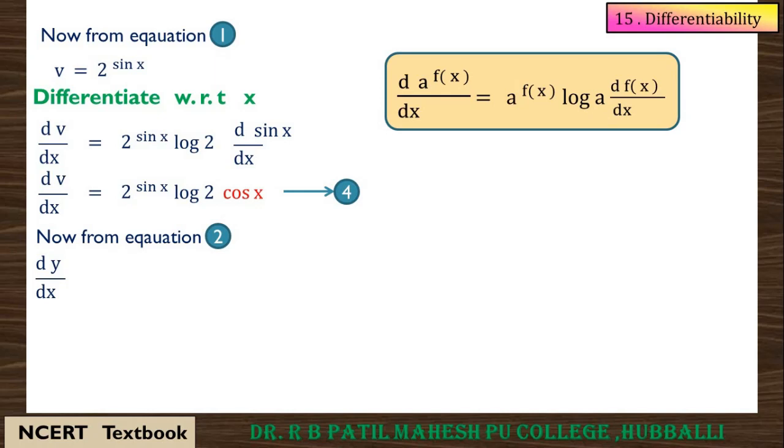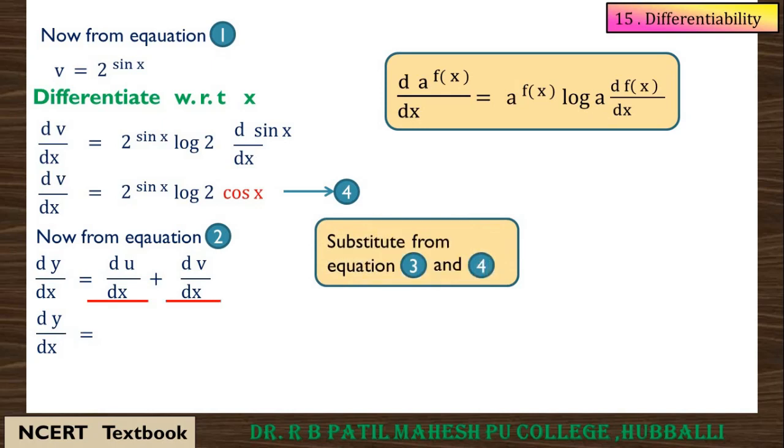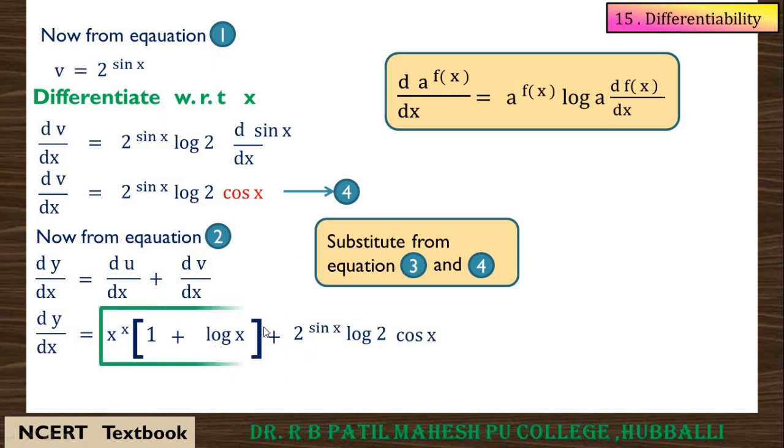Now from equation 2, dy by dx is equal to du by dx plus dv by dx. Now substitute du by dx and dv by dx from equations 3 and 4. The answers you replace. That becomes the dy by dx answer. x raised to x into 1 plus log x plus, and the dv by dx function answer is 2 raised to sine x log 2 cos x. Further simplification is not required. So when you replace it, that is the answer. I hope you understood, students. Okay,